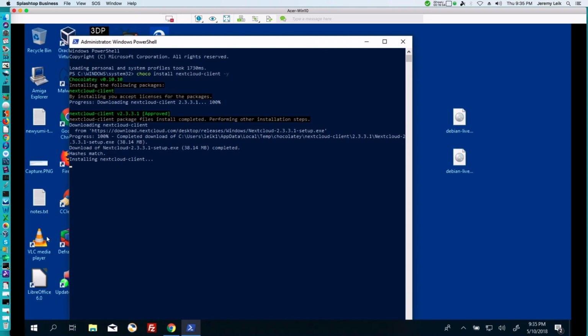This installed in just a moment, and we will then connect to our NextCloud server, and then we'll run through